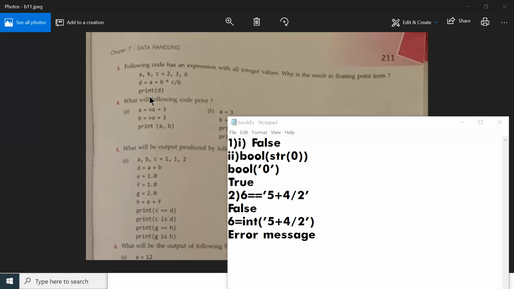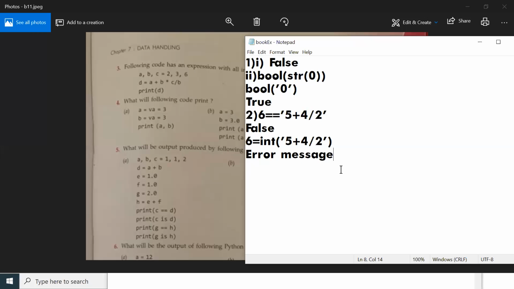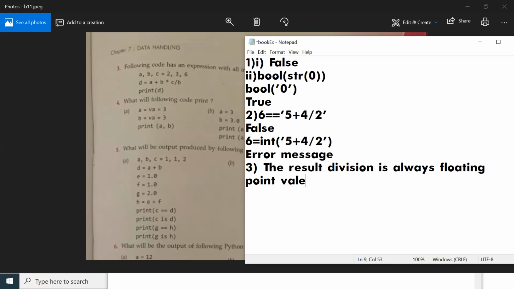So that is the answer you have to write: the result of division is always a floating point value.